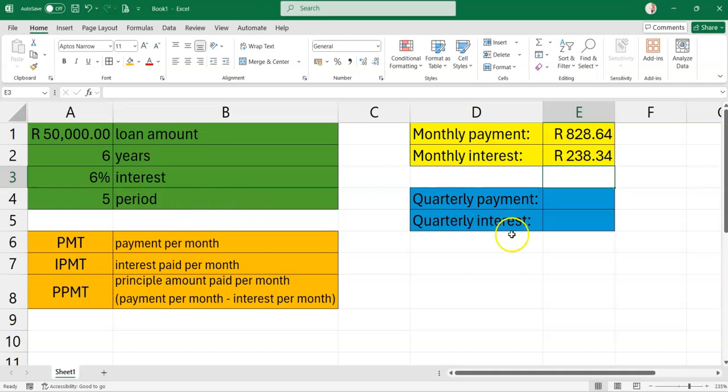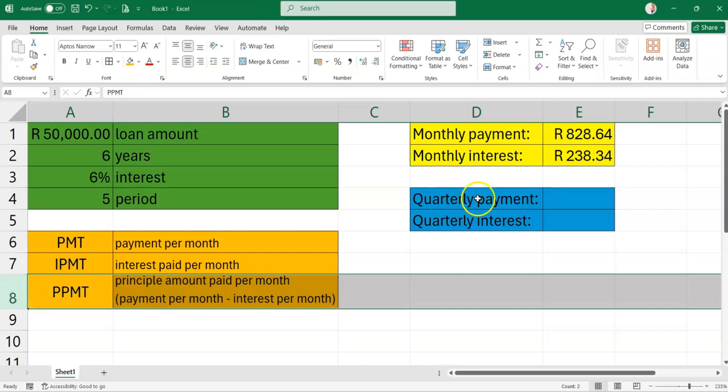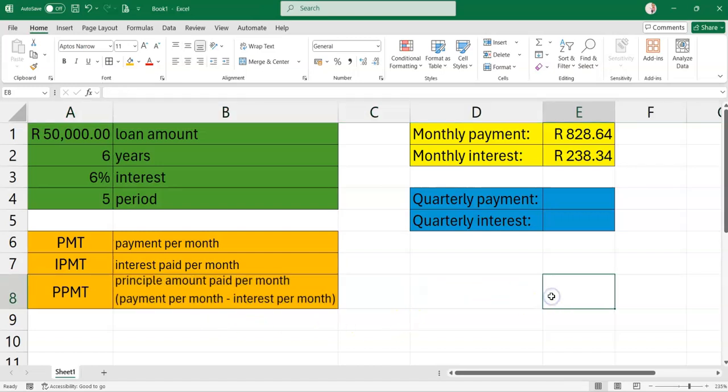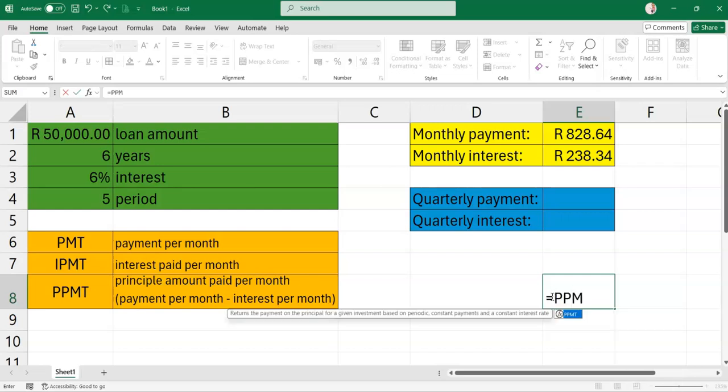And your answer is going to be 238.34. I'm quickly going to skip the quarterly because I want to talk about the PPMT, as we do have the monthly payment and the monthly interest. So when we calculate PPMT, it works exactly the same. I'm going to start with equal PPMT,